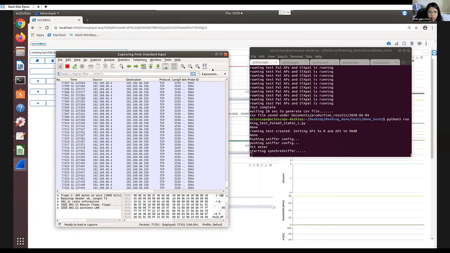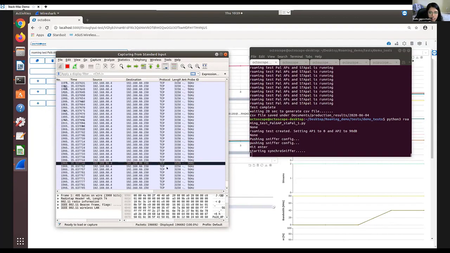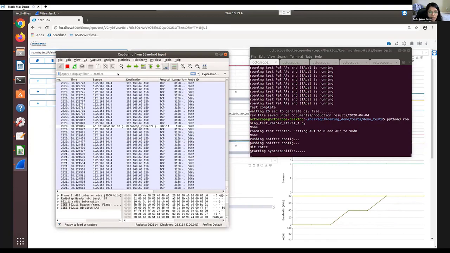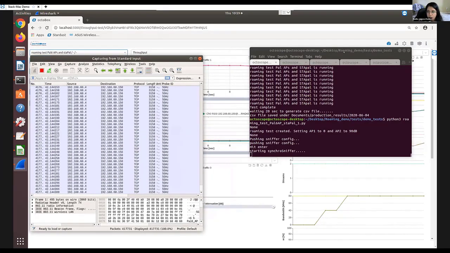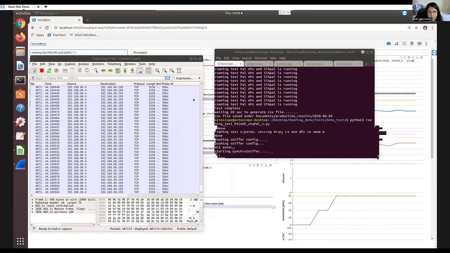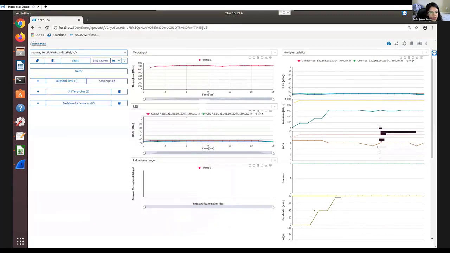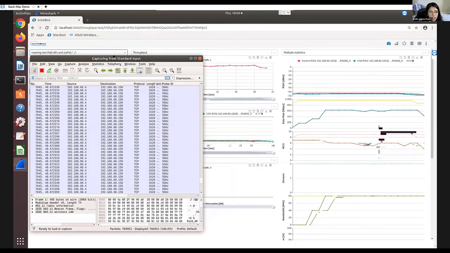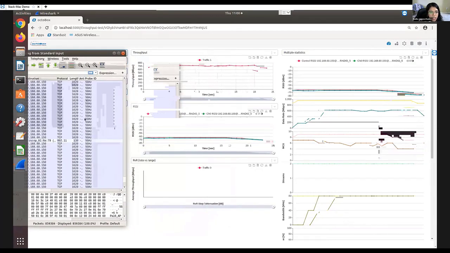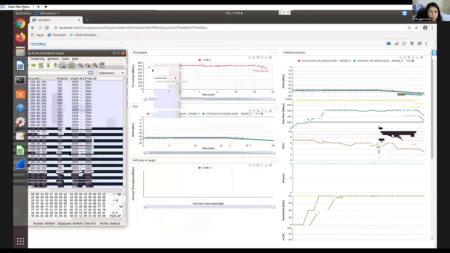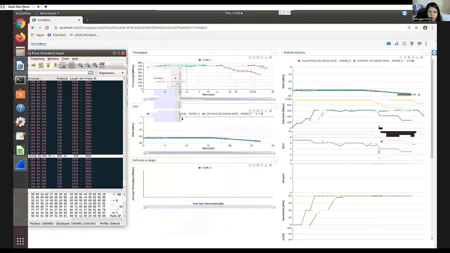So this is how our UI looks. I'm going to wait for the test to start, and then once the test starts, I'm going to show you how the roaming scenario looks with throughput and all the other statistics that we have. So I see the test is running, and the first thing, the client is connected to the 5 gigahertz access point here,